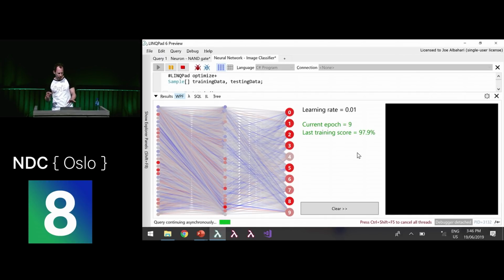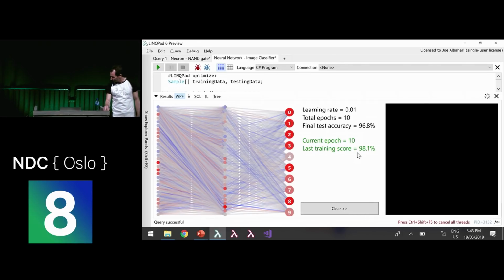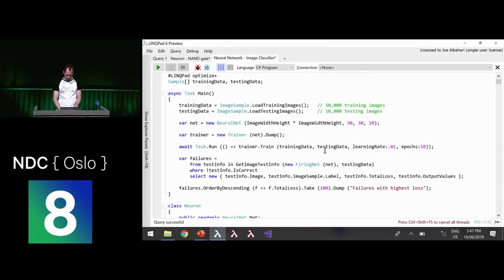Now, when you get more than 2 layers, we're now doing deep learning, right? That's way cooler than shallow learning. Okay, we've got a final test accuracy of 96.8. We've gone up a little bit, but to be honest, with this particular kind of problem, you can get the best result just by increasing the number of neurons, by having 2 layers rather than 3, and just increasing the number of neurons in that middle layer, just having 1 hidden layer.